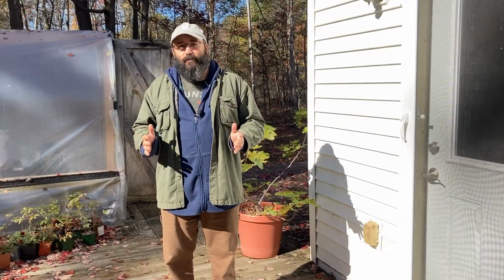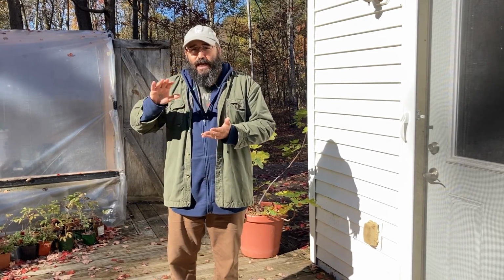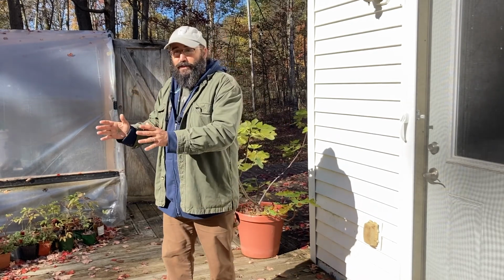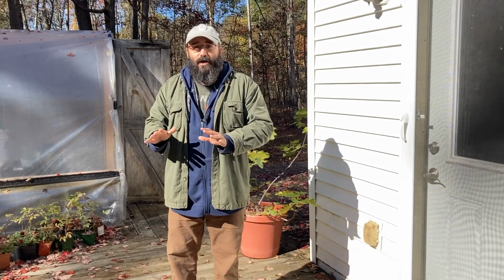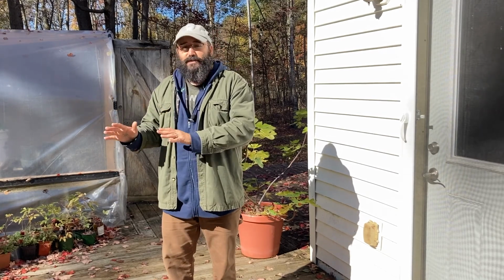Now, we're going to want to bring more of our frost-sensitive plants indoors if we can, right? So this is going to be any of our tropical plants, things like rosemary, aloe, stuff that we can have outside in the sun. If they're in pots, we're going to want to bring them inside. If they're in the garden, we can go ahead and dig them up and bring them indoors. That way we can enjoy them all winter long. And these plants are not frost tolerant at all. They are not going to survive the winter. So if we want to keep them to enjoy them, we're going to have to dig them up and bring